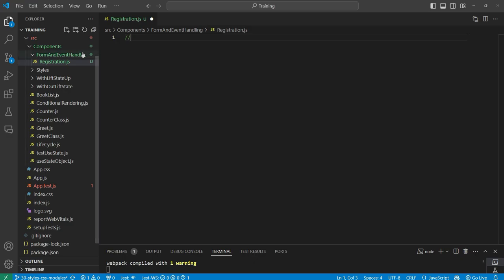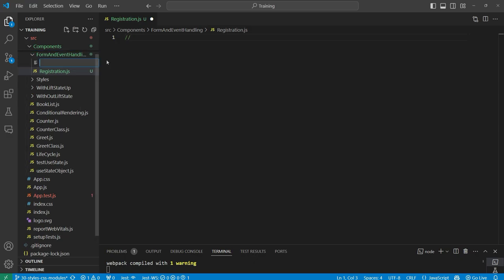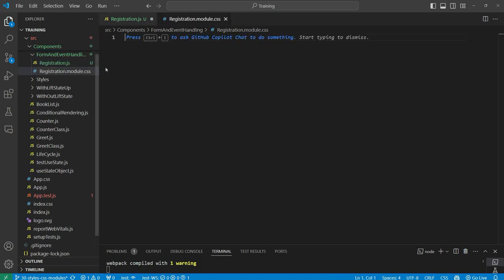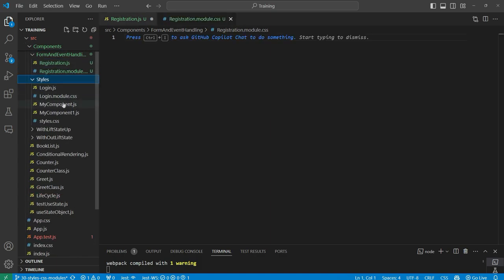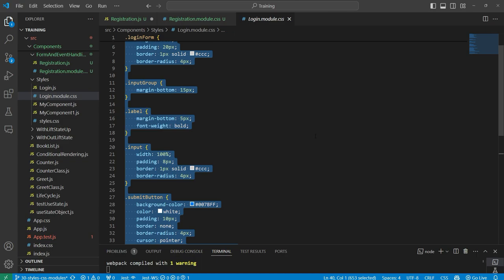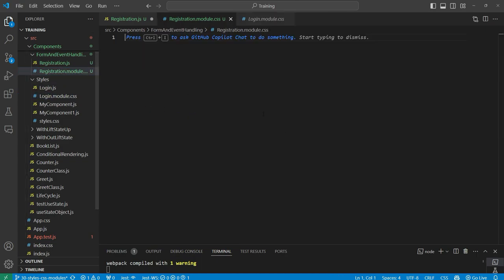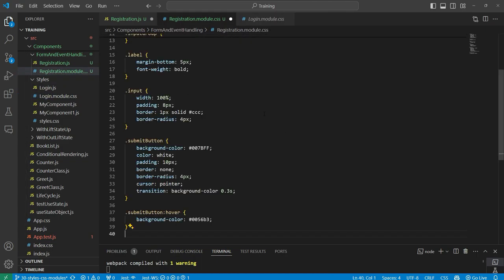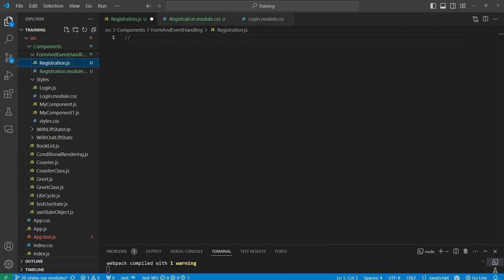Before that, I want to create a registration.module.css. Okay, I can make it smaller case. What I can do is borrow the styles which I have defined for my login module and keep it for a while here instead of updating the styles. So now in my registration form,